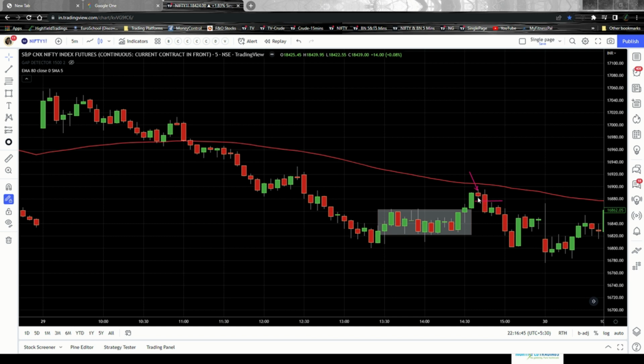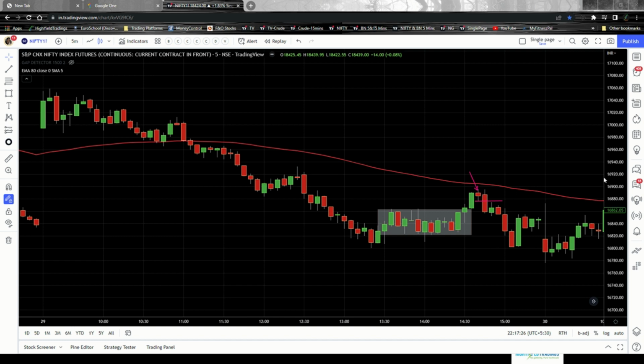Hence, this gave a red candle, and also according to the price action, since we have a decent wick on the top of this particular candle, it also suggests that the bears are not ready to settle at a higher price. Hence, we got a red candle, right? So you would have waited for this particular red candle to close, and your sell entry would have been any price below this particular line, that is the closure of this red candle. You would have shorted Nifty if at all you would have used an indicator. You getting my point, right?